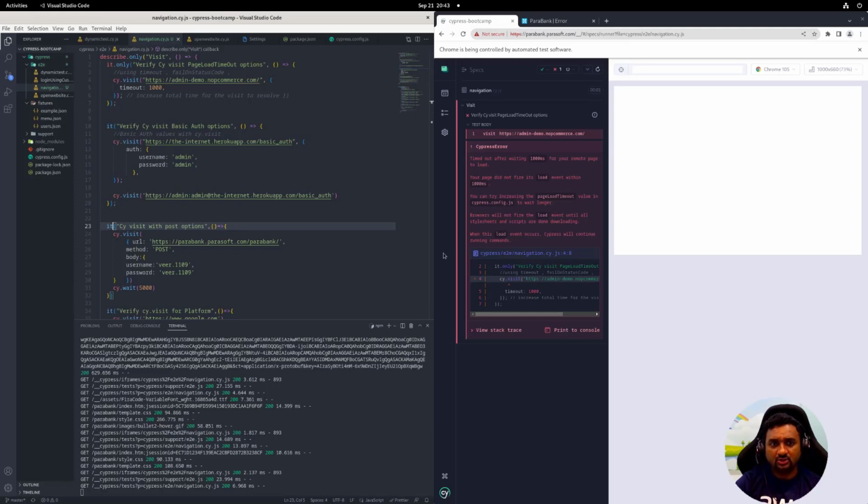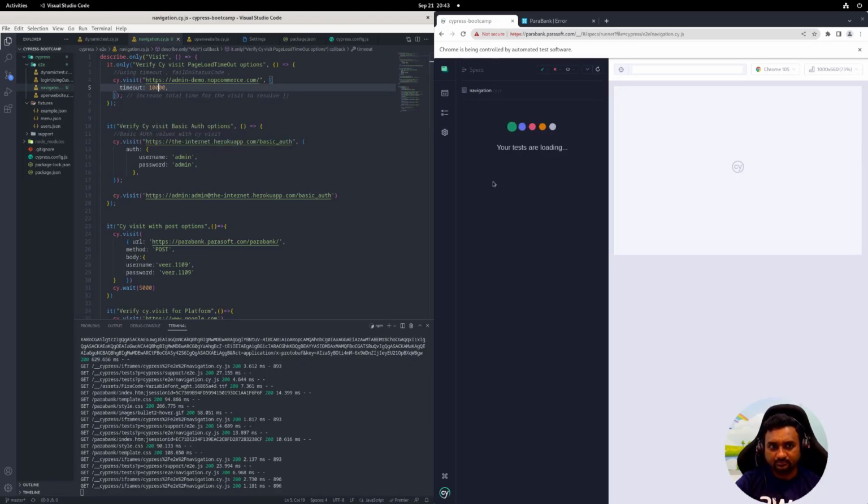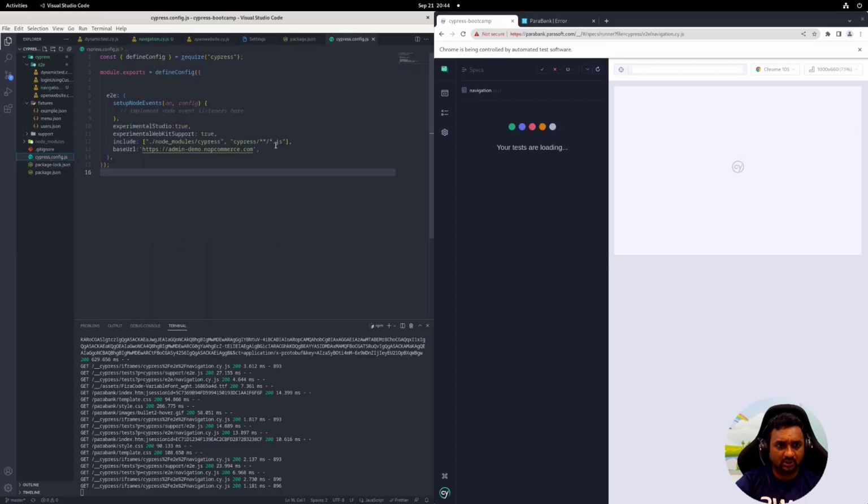Okay, so how you can resolve this is you can increase the timeout here as a second parameter, first thing. It will be applicable only for this particular URL, so this particular test only, and it will not be applicable to any other thing. The other option that you can do is you can set this page load timeout in the cypress.config.js. So here what you can do is you can just add a page load timeout and whatever timeout value you wanted to apply. So this value will be applicable to all your tests. Okay,